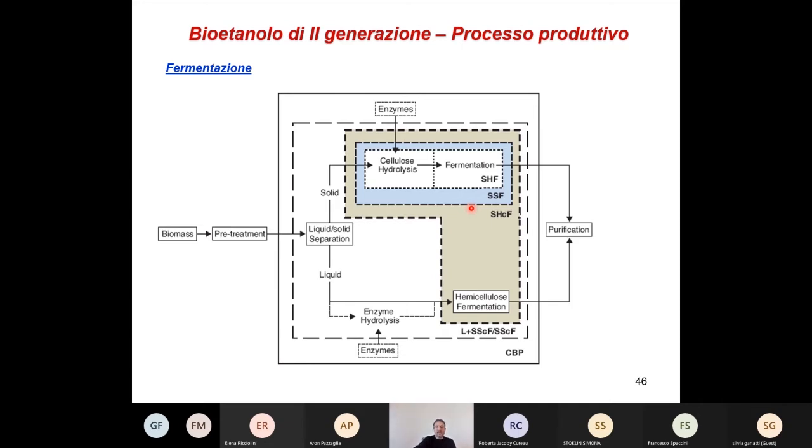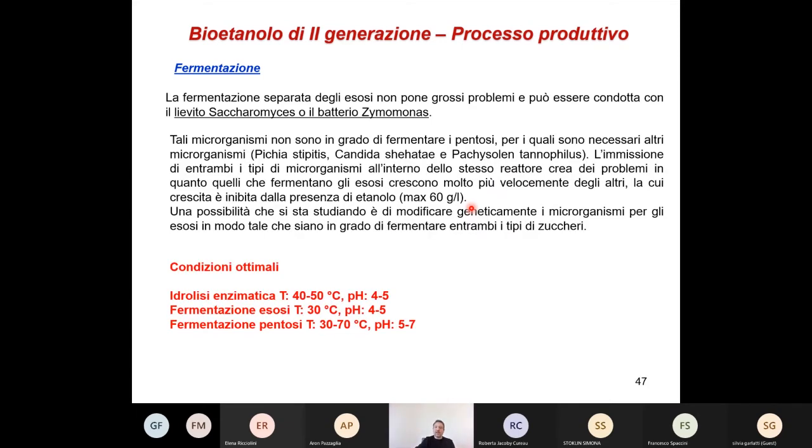I'm just introducing you to these processes, but of course, if you will work with these activities, you have to go into greater detail to consider 10, 20, 30 parameters together, and so there is a lot of work to do.